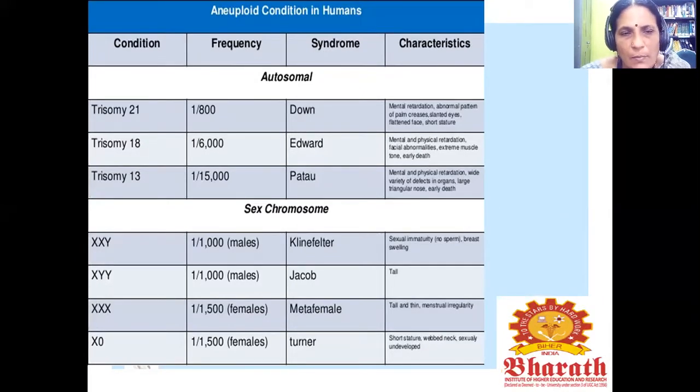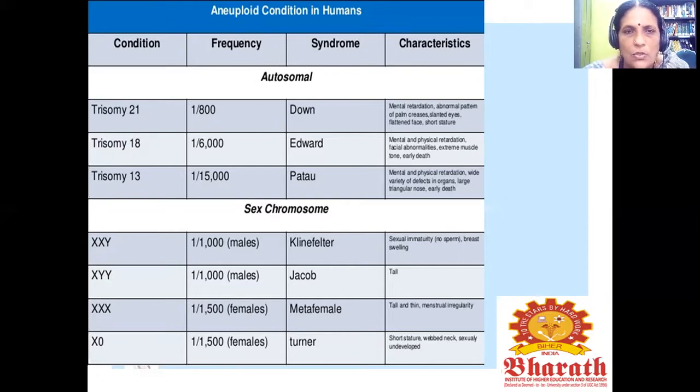Trisomy 18 is present in 1 in 6,000 and produces Edwards syndrome, with mental and physical retardation, facial abnormalities, extreme muscle tone, and early death. Trisomy 13, with 1 in 15,000 frequency, produces Patau syndrome, with mental and physical retardation, a wide variety of organ defects, a large triangular nose,